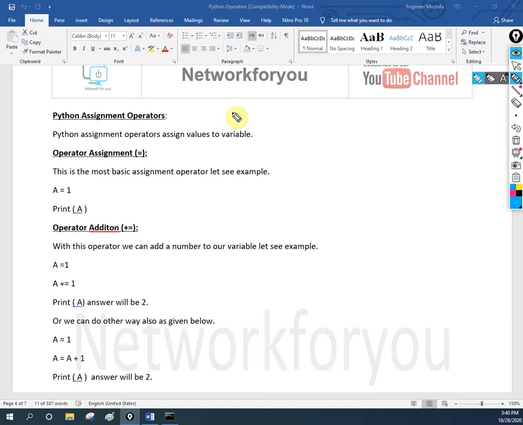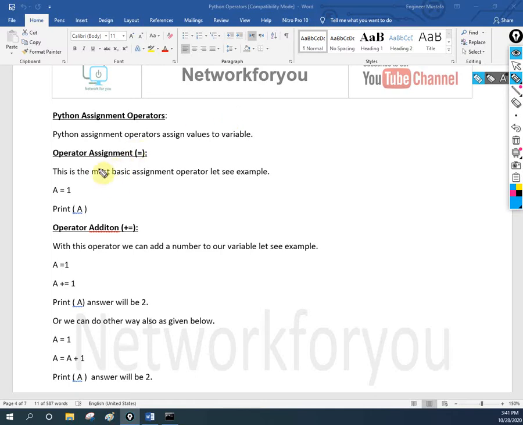Reproduce it in your own words; no need to remember anything. Just understand the concept: what is what, where we use it, what Python supports and what it does not. Very soon, maybe after 4 or 5 classes, we are going to write code, and we will use this.